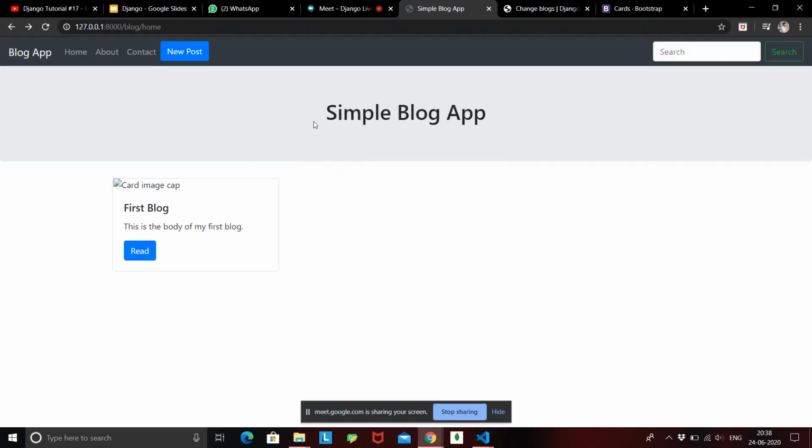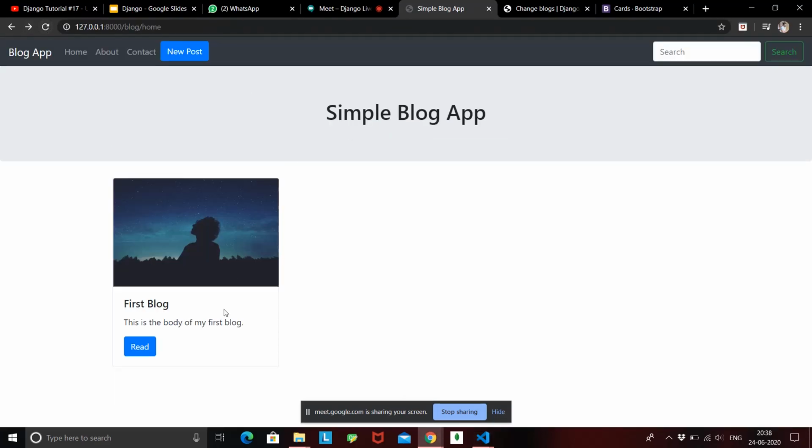Once that is stored, we'll go back and hopefully we are able to see the image that we have uploaded from the admin panel, rendered out to our front page.